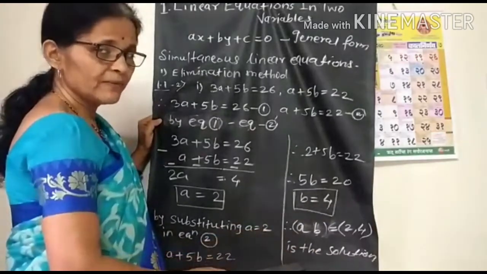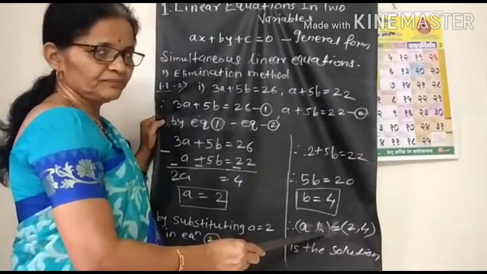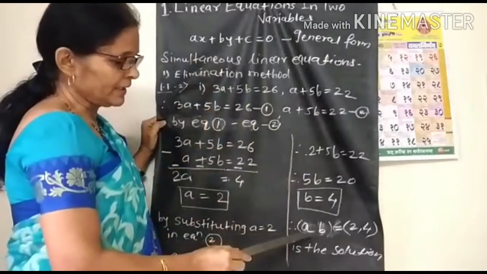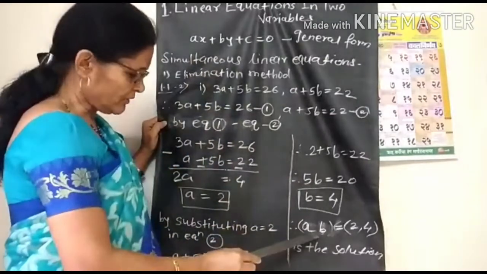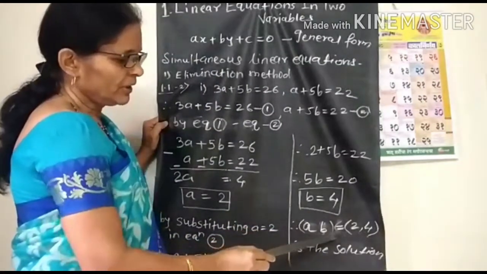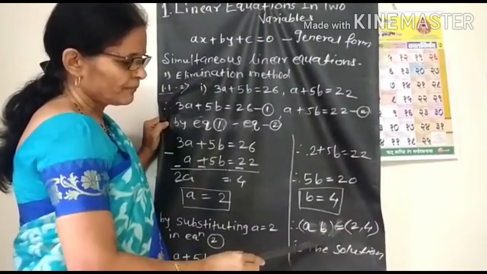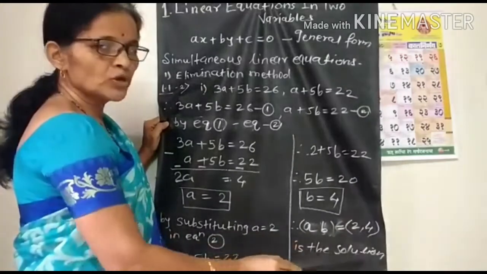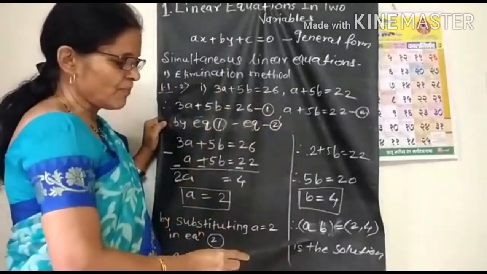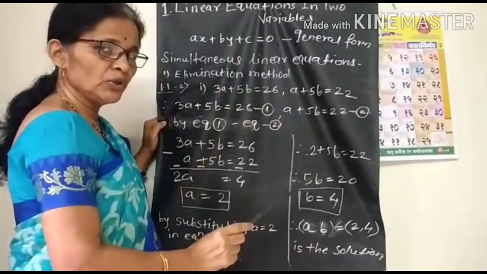So what is answer? Generally we write x, y. But the equation is in variables a and b. So write (a, b) equal to, what is the value of a? 2 and value of b? 4. (a, b) equal to (2, 4). Here also comma. (2, 4) is the solution of given equation. This is the answer. In exam, half mark will be cut if this answer is not written. So you have to write answer to each question.